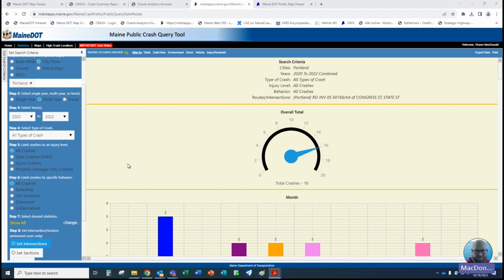I guess next we'll move on. That's intersections. I could show you more years. For this tool, the trends don't necessarily work. It's not as good. That's more when you start using some of the other things and not necessarily the sections or the intersections.